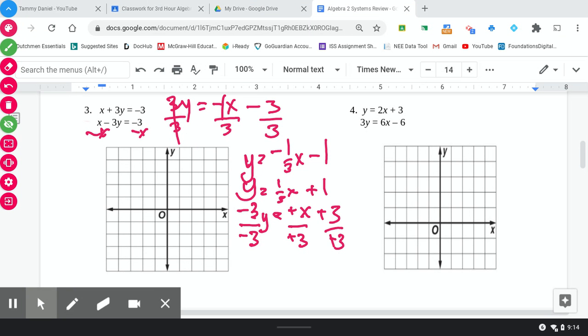All right, so we can graph these two equations. We start with the y-intercept here. It's a negative 1. Then because it's a negative 1/3, we're going to go down and to the right. So I go down 1 and right 3. And there's my line